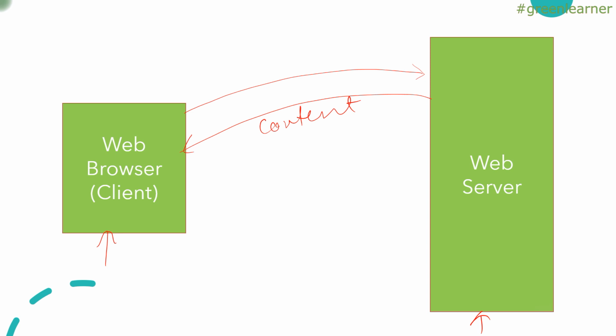The problem here is when a web browser is sending requests over time to the web server, most of the time it happens that it is responding with the same content, right? So if you are on the browser and, for example, you are refreshing it or sending the request again and again, it is responding with the same response to the client browser, and the browser is going to get that content and refresh the page again. So you see the problem here. The server is responding with the same content all the time, but the browser is not able to understand whether it is the same or not and is refreshing it again and again.